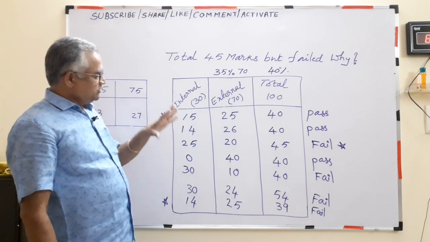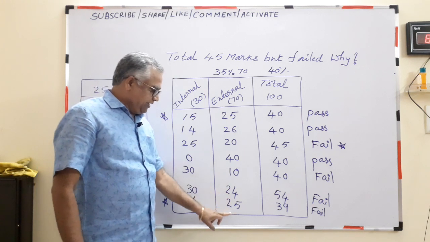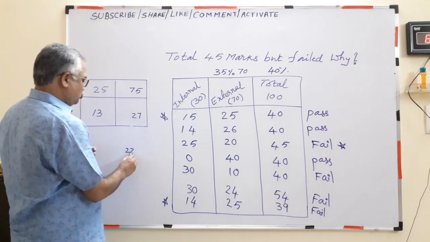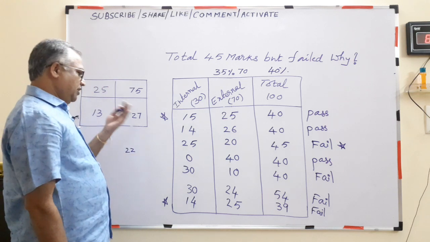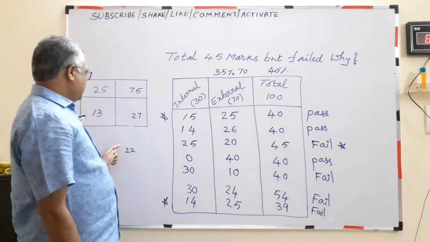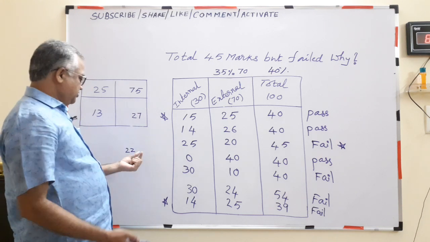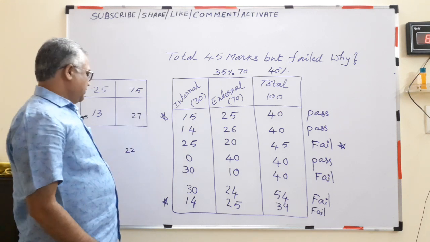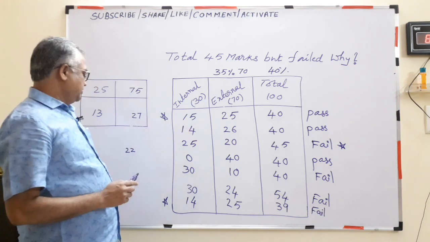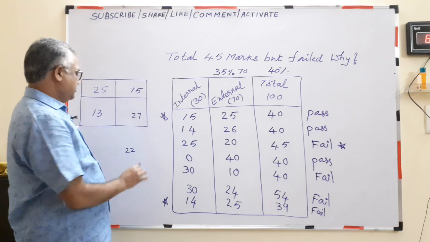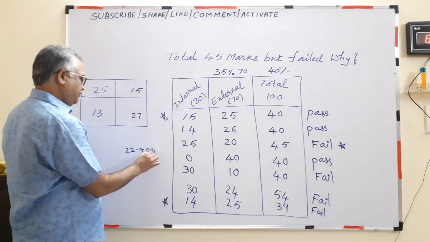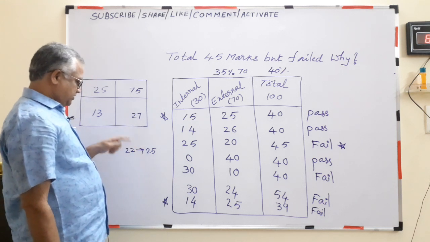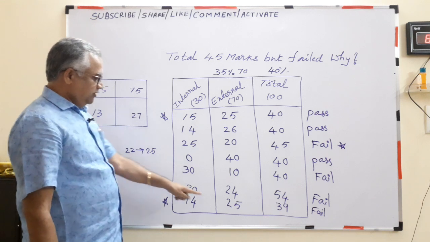When the external examiner is evaluating, you really did not get 25. You might have got only 22. So the external evaluator, whoever is evaluating, thinks students are unnecessarily failing just because of 3 marks. He relooks into the evaluation, then with a kind heart, adding here and there, he rounds it to 25. So your evaluator adding 3 marks is really helping you, giving 25.